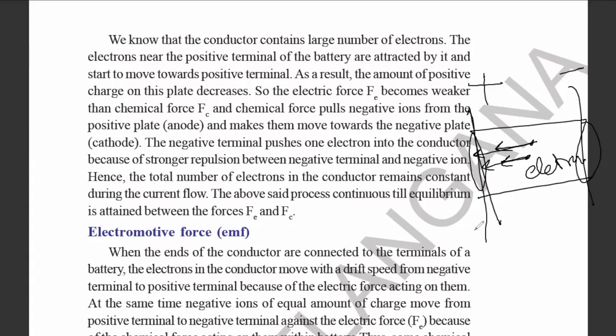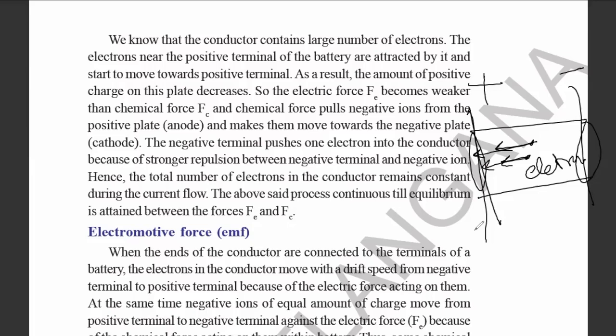The negative terminal pushes one electron into the conductor because of the stronger repulsion between the negative terminal and the negative ion. Hence, the total number of electrons in the conductor remains constant during the current flow. The above process continues till equilibrium is attained between chemical force and electric force. Now, what is electromotive force? When the ends of the conductor are connected to the terminals of a battery, the electrons in the conductor move